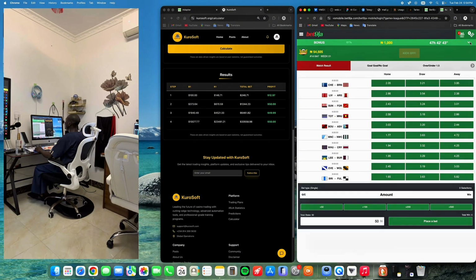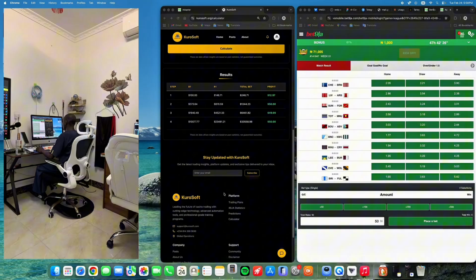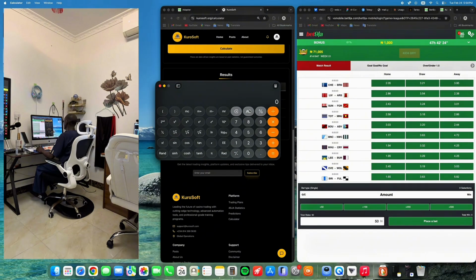So just by this method, in the league that started from about week 18, you can see how much we made. We had about 45,000 in the account and now 71,000 naira. So let's see from just this league and just how many rounds I played. 71,000 minus 45,000 thereabouts, and we made 26,000 naira.